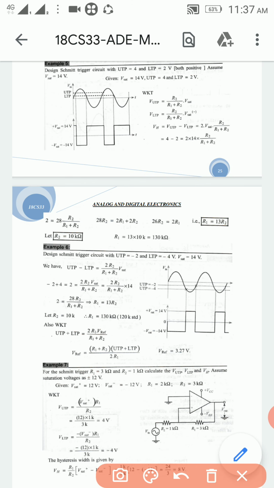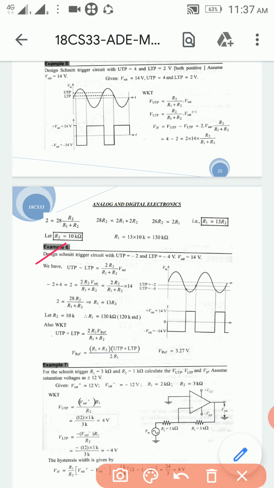Good morning, students. In the last class, we solved some problems regarding Schmitt trigger as well as active filters. But in that video, some voice is missing, and it is very low for the two problems and the active filters. So again, I am repeating in this video. Let us look into this.